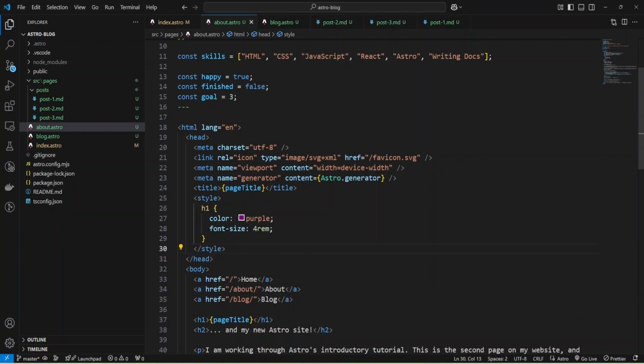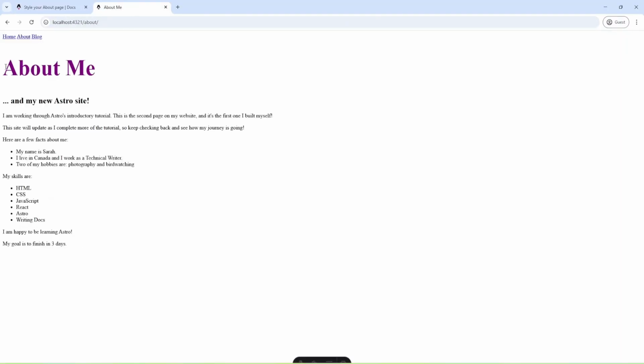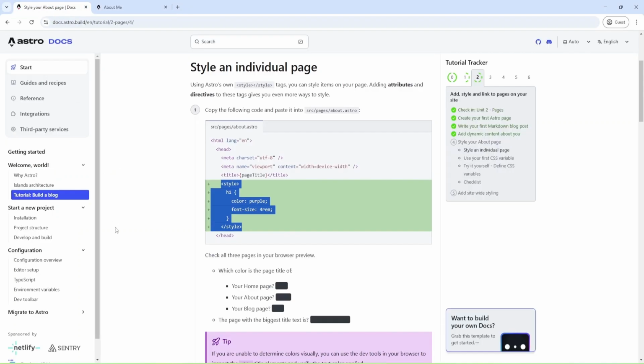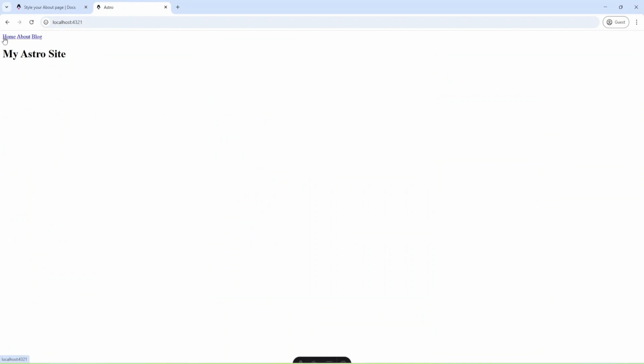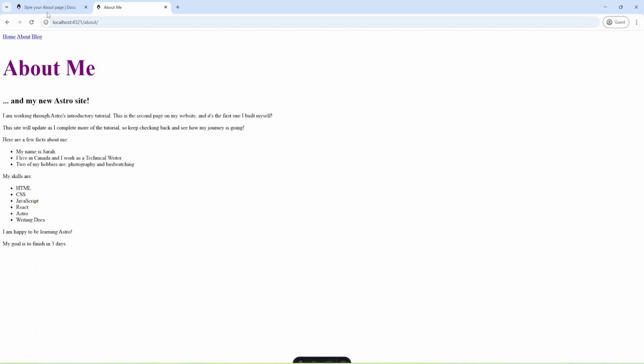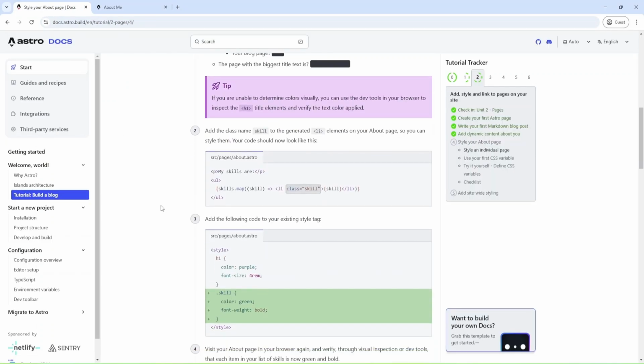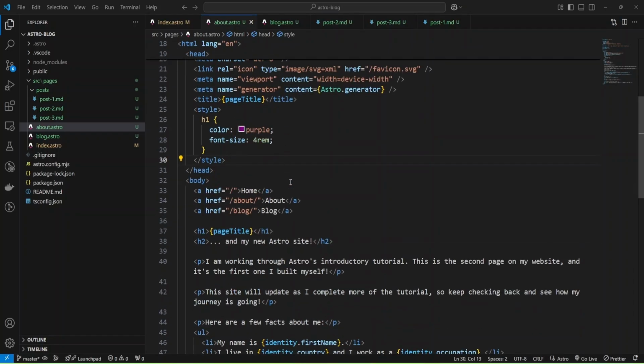Okay, and let's check, and as you can see, we have about me with new styles, and they propose to check home and blog, and as you can see here, we have the initial h1 tag. Okay, and now we can add class skill to list item, and let's check.